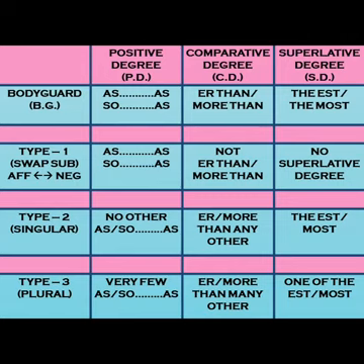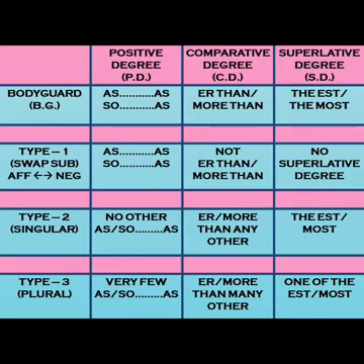In comparative, it is er than many other. And in superlative, it is one of the est. So friends, first of all, you cannot change the segment. If the sentence is of type 3, you just have to turn it into other degrees, but that belongs to type 3. So you cannot change the order, you cannot change the segment, and the meaning should not be changed. If the example is of type 2, you have to turn it into other degrees, but that of course should be from type 2.